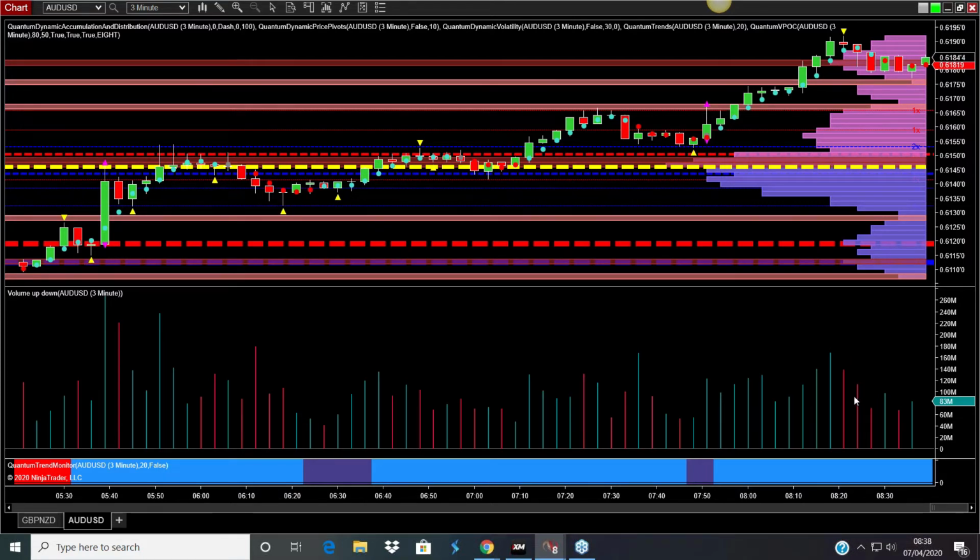This is VPA 101. We've had the move higher on the 3-minute chart. Then we have this very, very narrow spread candle that we see here. It's a very narrow body, wicks to the top and the bottom. Look at the volume underneath it. That is an anomaly. That is a clear anomaly, because if the market, you see rising volume up here, that candle should have gone way higher. It hasn't. It's compressed, and it tells you that we are going to expect a pullback.